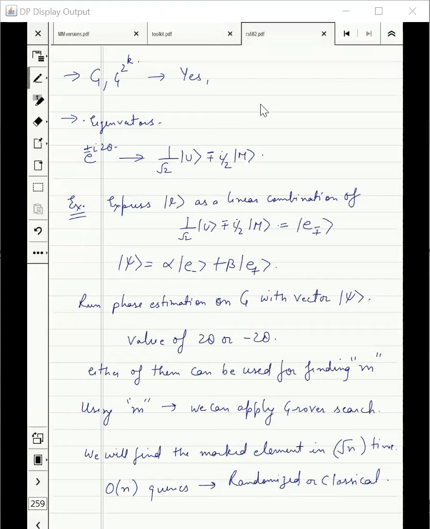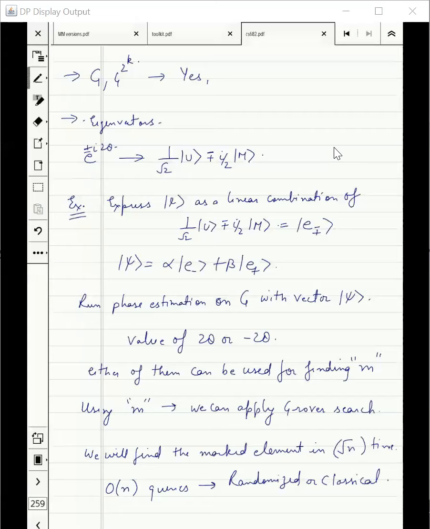Okay, raise your hands if you are now convinced that a quantum computer can find a marked element in square root n time, even when the number of marked elements is not known. How many people believe it? Raise your hands. I see that no hand has been raised. Then why are you not convinced? Okay, one hand is raised. That's good. If other people are not convinced, then why are you not convinced?